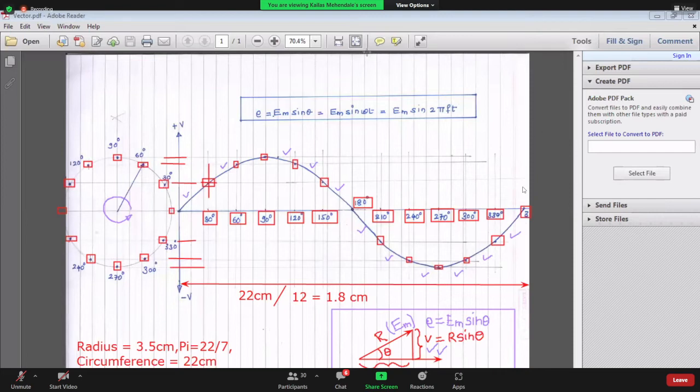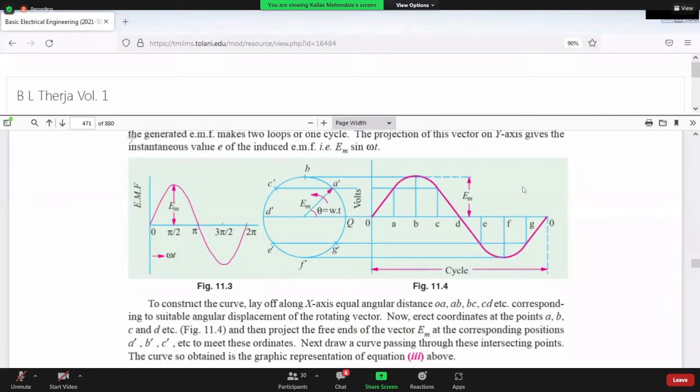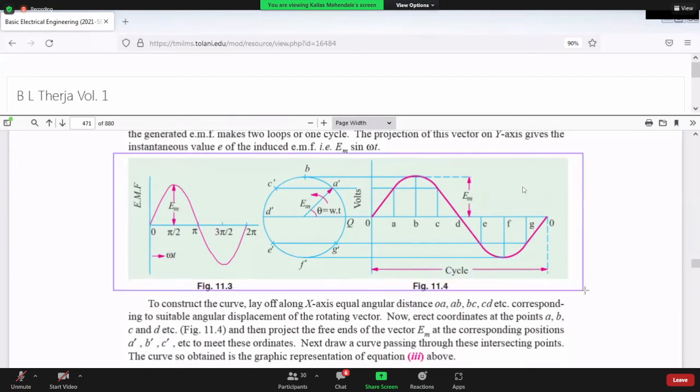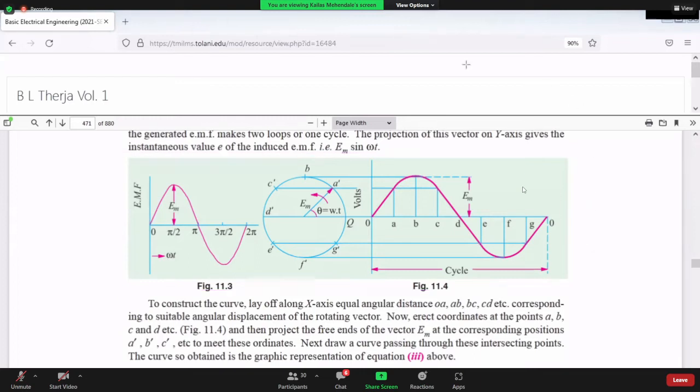Now please allow me to show you where it is. As I told you, this is where it has been done in the textbook, but the author has done it only with 6 parts. So we have gone beyond that. For the sake of further understanding, you can go through this. And I have also put up